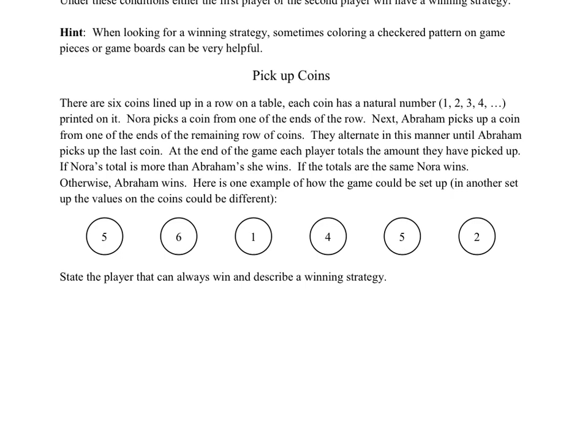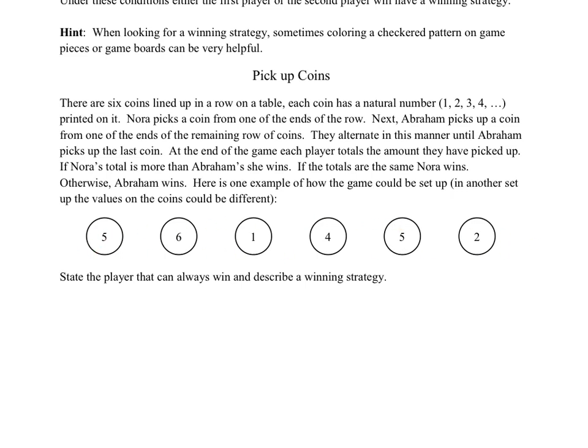Now, remember how I said there's no tying going on, right? We're not going to end in a draw. So we design the game. So there's this rule. So the first player will win if there's a tie. So if the totals are the same our first player named Nora will win. So an example of how it can be set up is below.